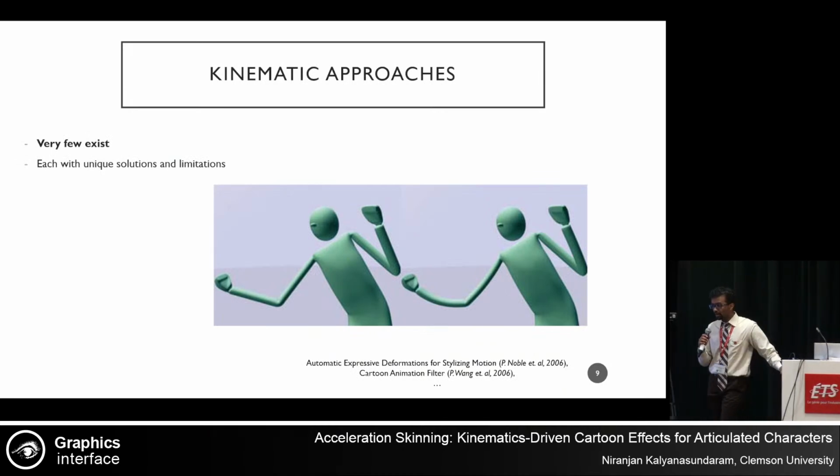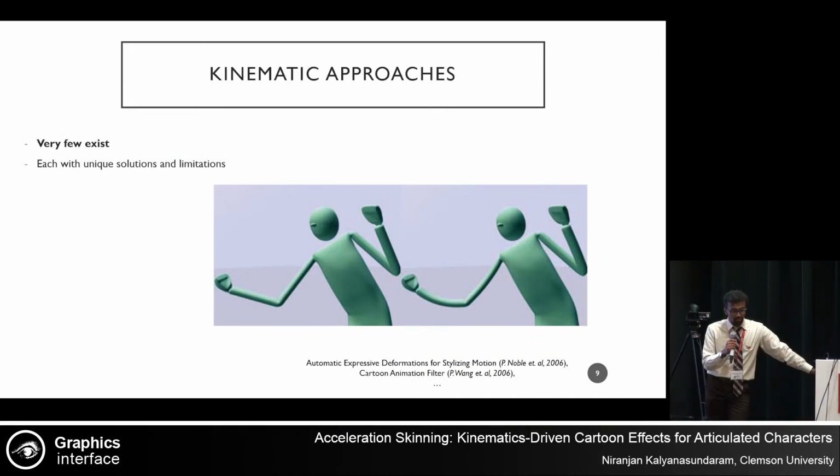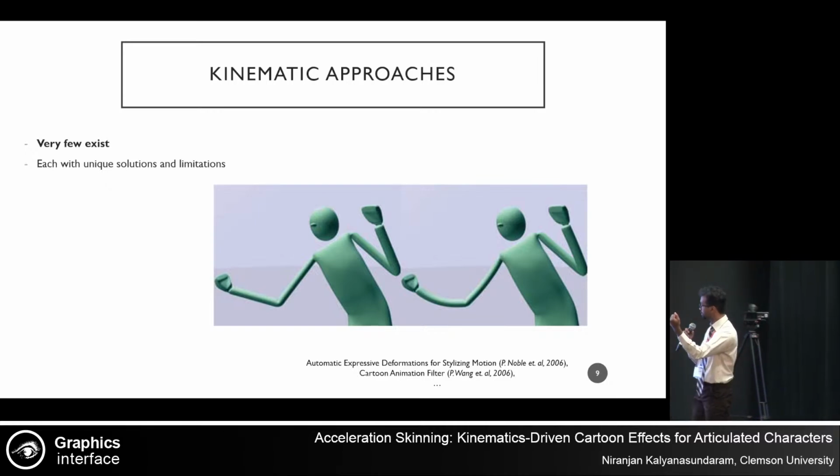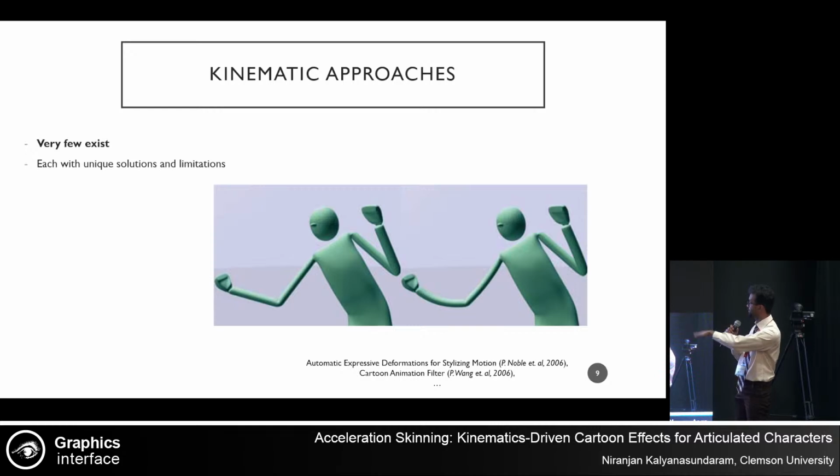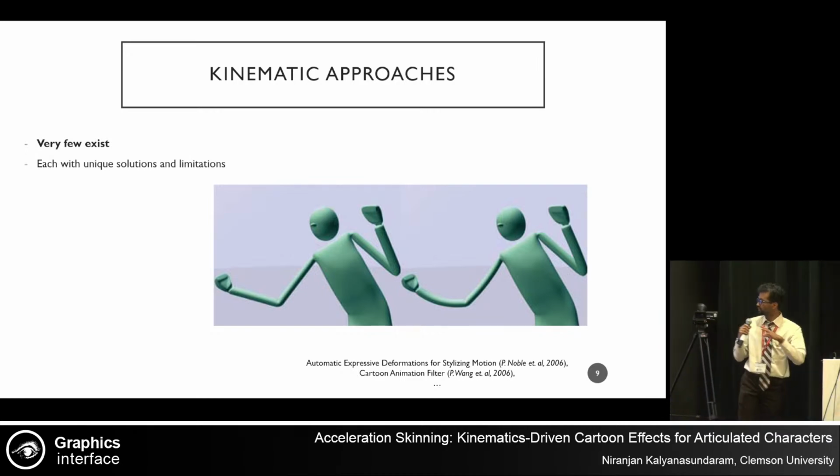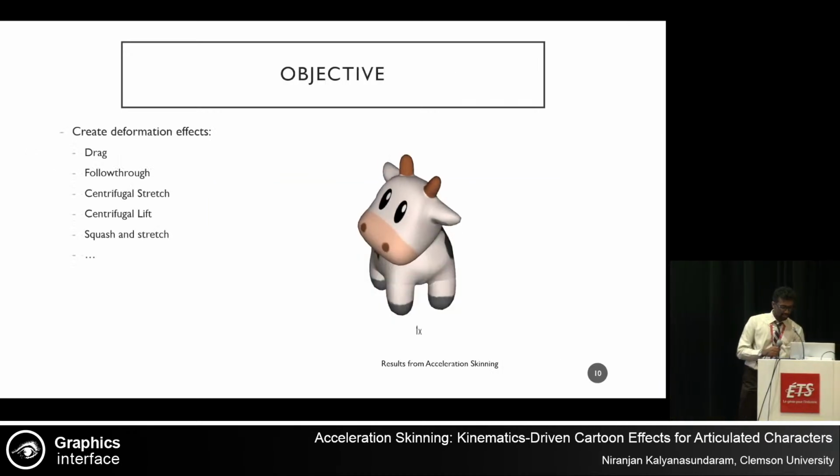Well, we looked into it, and there were some interesting kinematic approaches used in the middle ground, but surprisingly, there weren't a lot of effects. So this is, for example, from one of the research papers that we found, where they tried to curve the elbow. You can see how rounded the figure on the right is compared to the figure on the left. And it was a very fascinating paper, but the effect was very localized. I'm getting ahead of myself. We'll go into those details later.